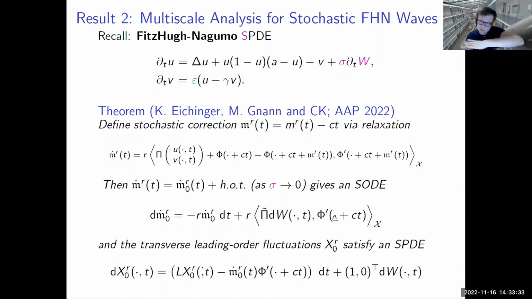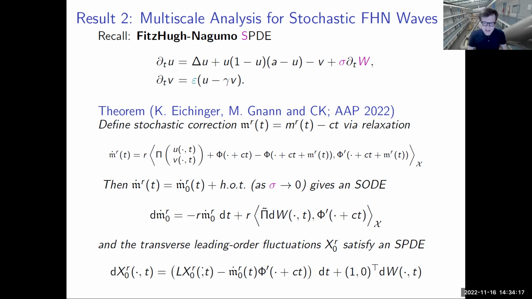So there's a translation symmetry in the problem: this pulse solution can be translated and you get another pulse solution. If you linearize around the solution and figure out the eigen directions corresponding to the zero eigenvalue, which corresponds to the translating direction, you will find that that's precisely the derivative of the wave profile. And this is nothing else but saying I project my noise precisely into the space associated to the translating direction of my wave. So there is indeed a leading order description, at least in the leading order of the noise, of this marker that you can get via a decomposition of your problem.